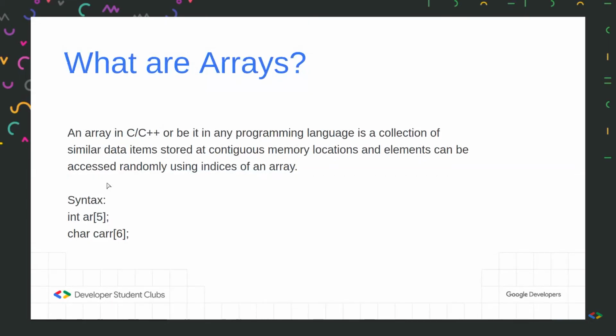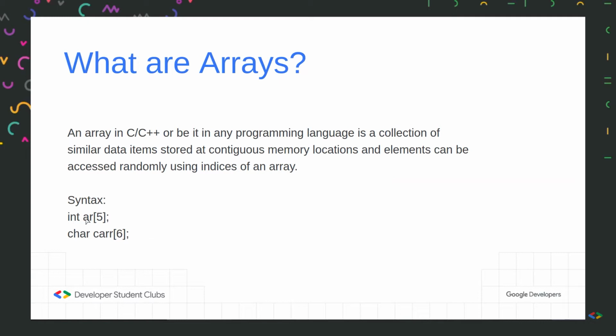Okay, now we are going to the next concept, that is arrays. So what are arrays? Let's take an example of a problem where you have to store all the roll numbers of your class. In case there are 35 people in your class, if you don't use arrays, you'll be required to declare 35 different variables to store all the roll numbers. But we can do that simply by using arrays, because arrays allocate contiguous memory locations for elements, and they can be accessed directly.